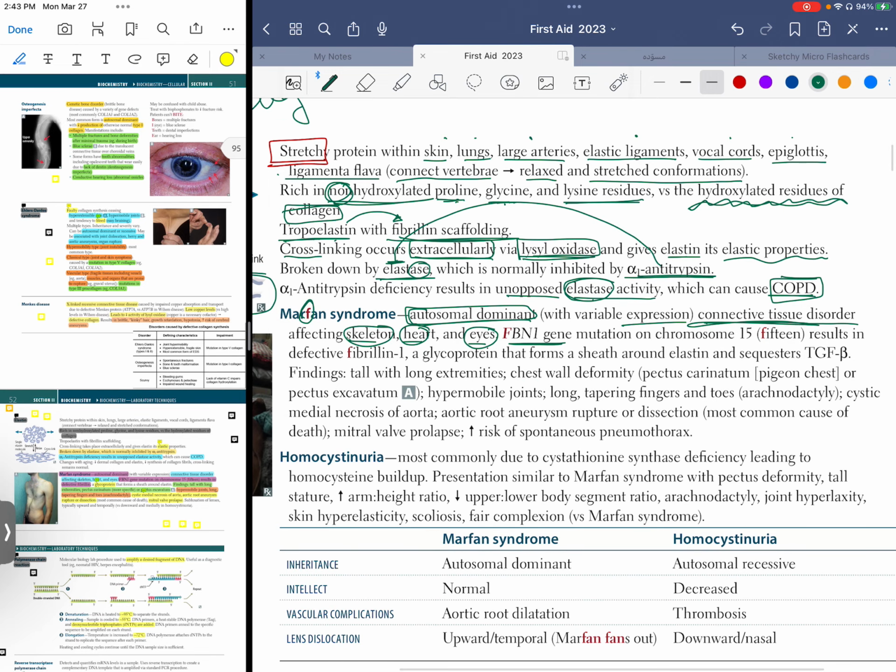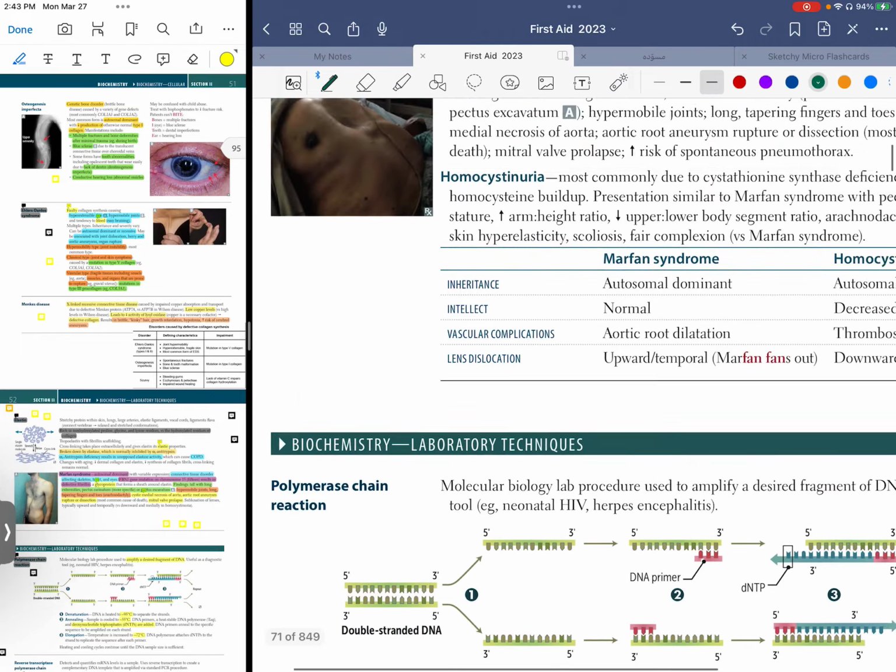Marfan, so just memorization, Marfan is FBN1 gene mutation on chromosome 15. Okay, another F for Marfan. So it's FBN1, chromosome 15, and results in defective fibrillin 1. So there's a problem with fibrillin 1. Marfan, FBN1, 15,